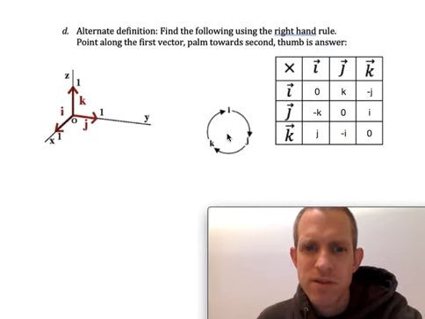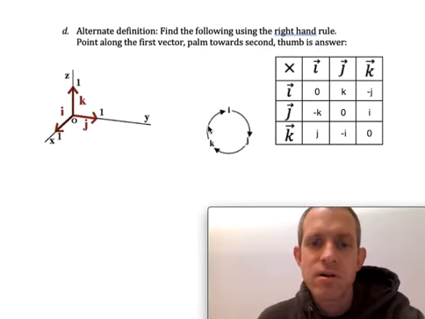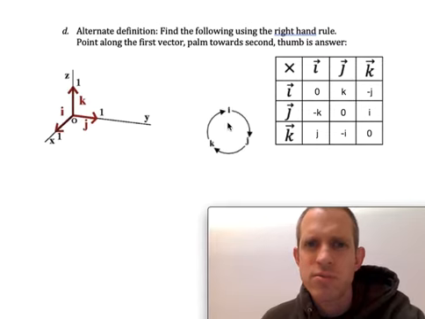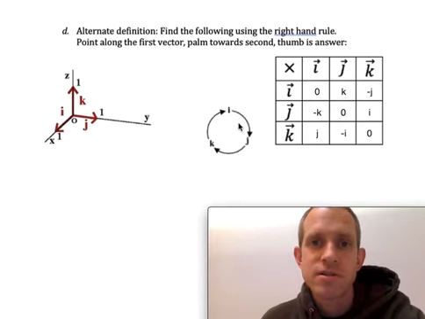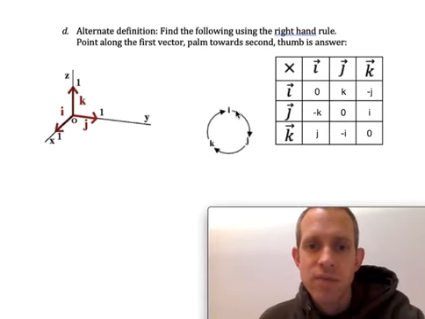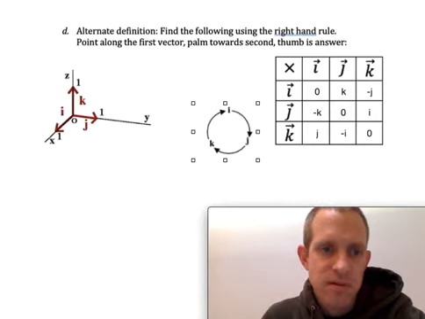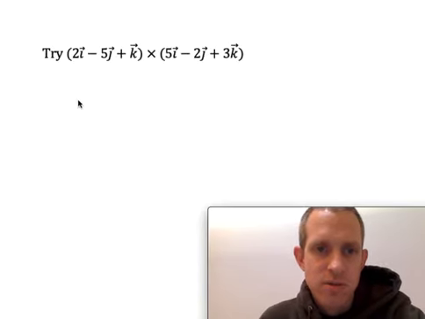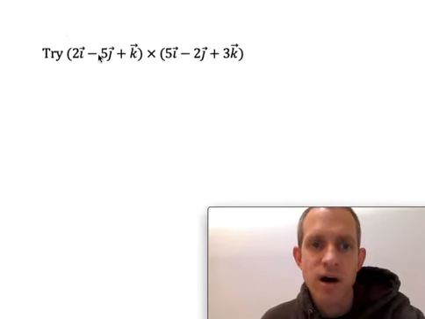And so that wheel, I think, is the easiest way for me to remember which ones crossed with which are positive and which ones crossed are negative. Anyway, let's see if we can use that to help us find one more determinant. So here is one last determinant, and I want to multiply 2i minus 5j plus k crossed with 5i minus